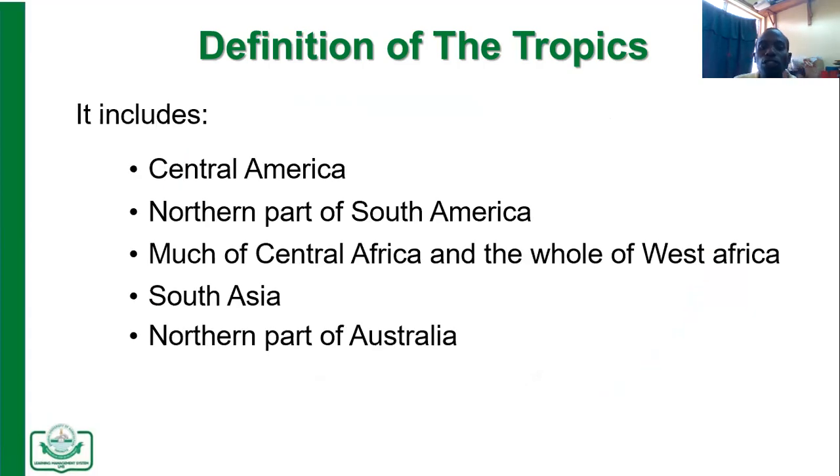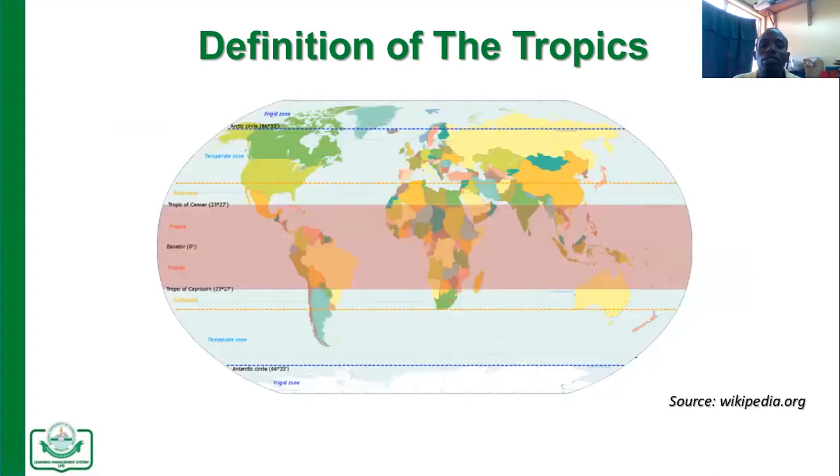Again, you see much of Central Africa and the whole of South Africa. As you can know from your geography, Nigeria is located in West Africa. You can see within Central Africa, all this area of Central Africa and the whole of West Africa fall